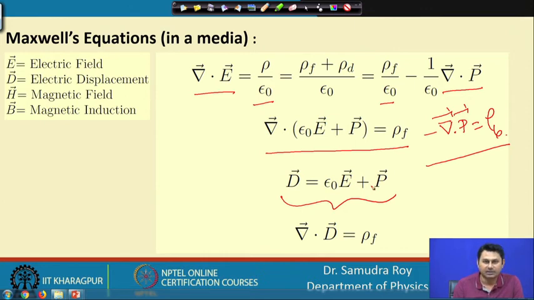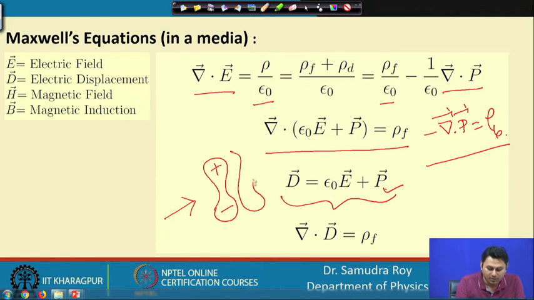This is a very important expression, because now we are introducing a concept, that polarization appears when we have an electric field in the system. Due to the presence of the electric field, the dipoles like this are arranged. These dipoles are arranged because of the application of the electric field, and we have something called polarization. Polarization is dipole moment per unit volume. So, this term will appear, this is a well known thing.